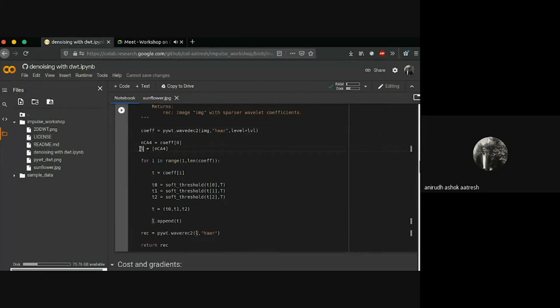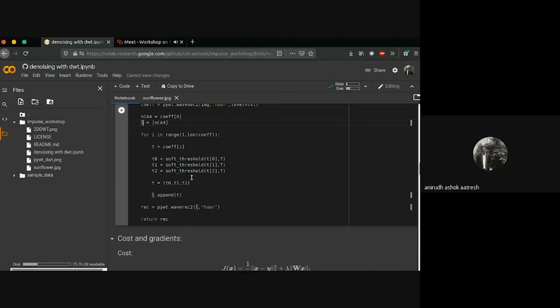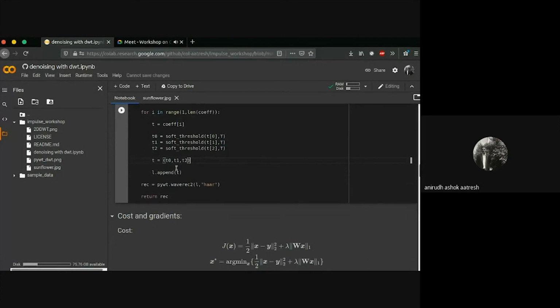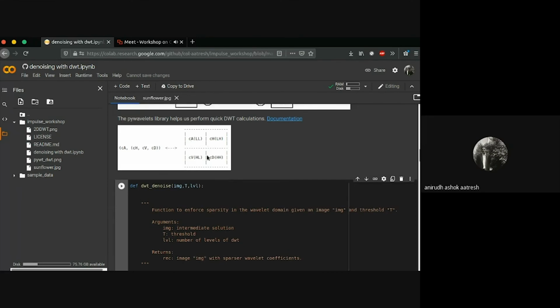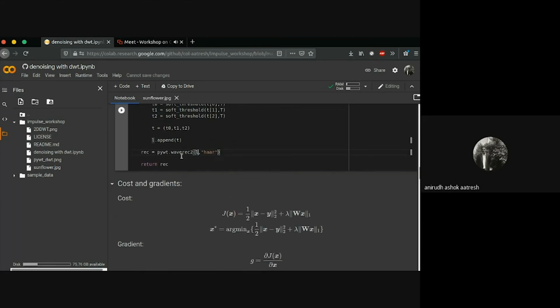I'm storing all that in L, and I iterate through the number of levels, and at each level I soft threshold each of those coefficients, and at the end of each level I store it in a tuple with these three elements, and I append that to L. At the end, I'll have L, which has the low frequency component over here and the high frequency components with sparsity enforced, and we compute the inverse discrete wavelet transform.